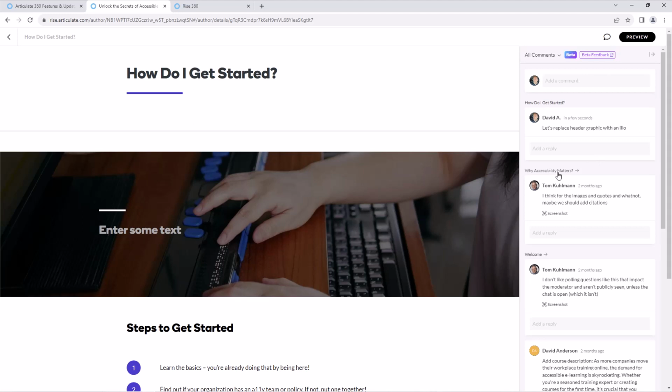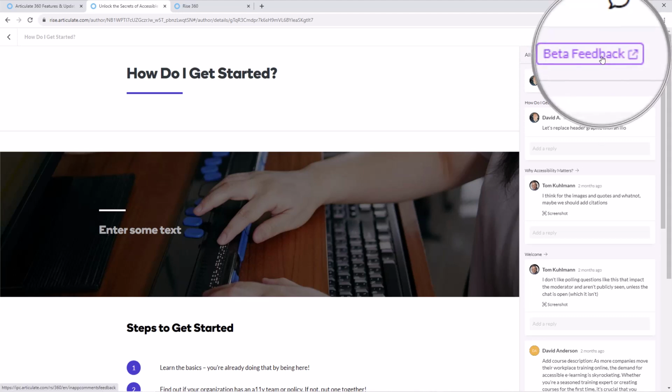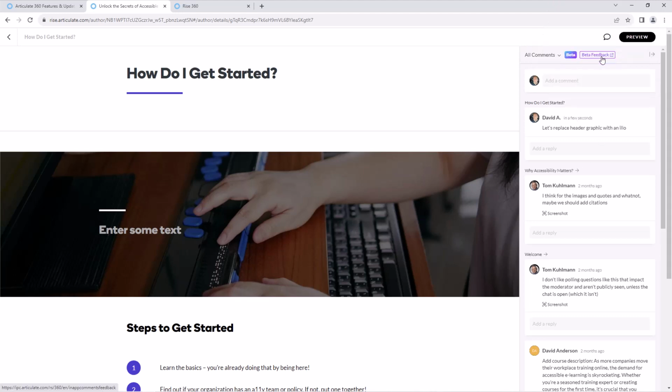Now, because this is still in beta, this is available today, but it's still in beta. You can see up here, there's a beta feedback link. We really welcome your feedback on this. How's this working for you? What would you like to see? Any issues that you've encountered? Just click the link and fill out the form and let us know. So you have access immediately to submit any beta feedback that you have for this feature. We've had this out for a couple months now, and the response has been great, but there's also been a lot of great suggestions and ideas for enhancing.